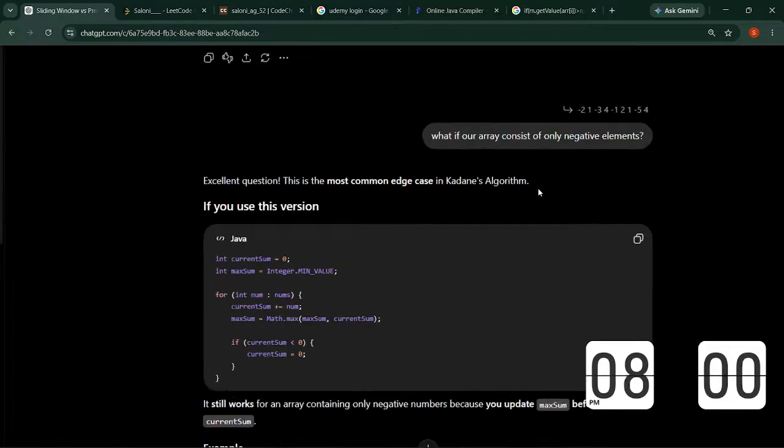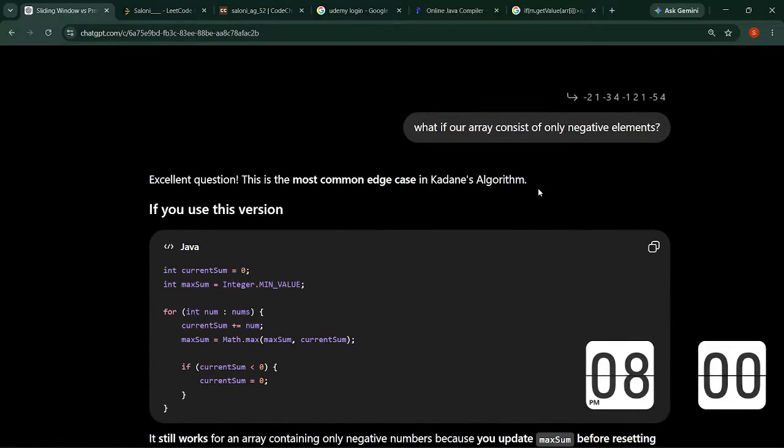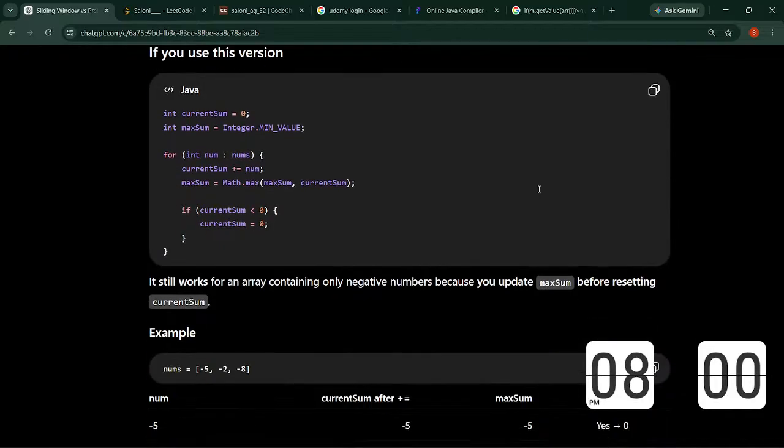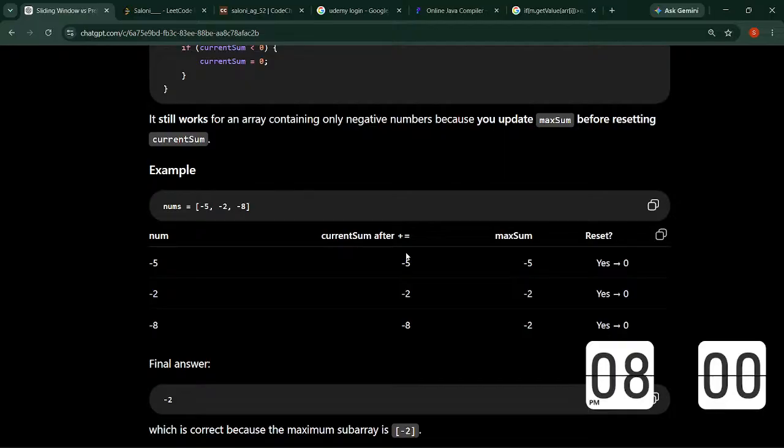क्या बोला इसने? Excellent question. It's the most common ACCENTURE Kadane algorithm. Use this version. It still works for array containing only negative number because you update max sum before resetting current sum। ठीक है,